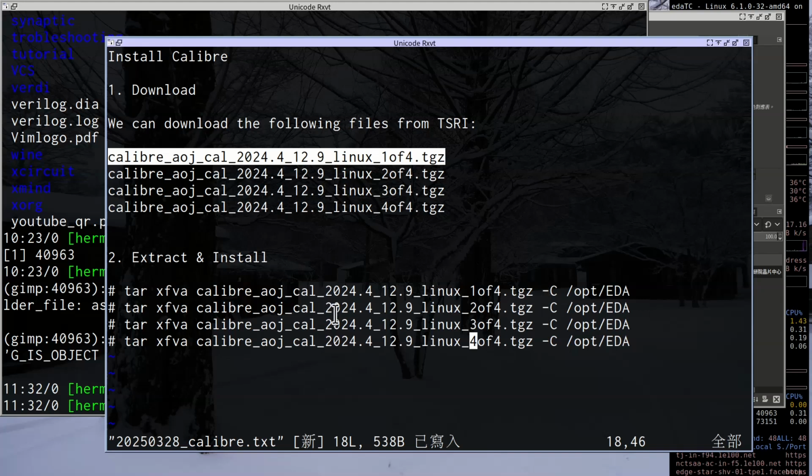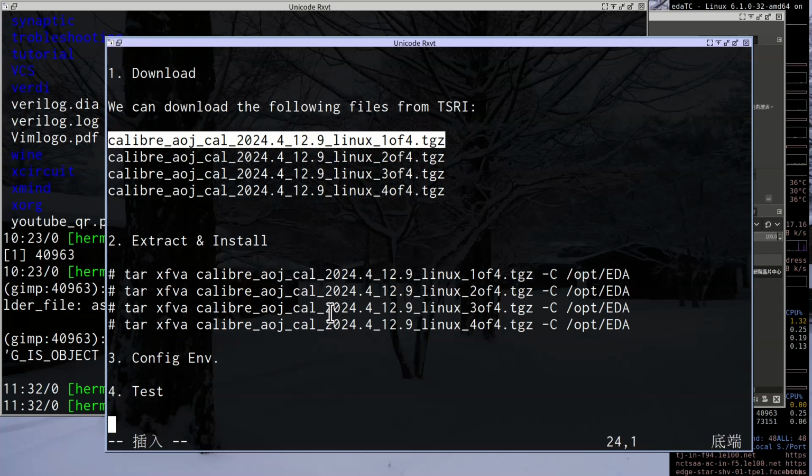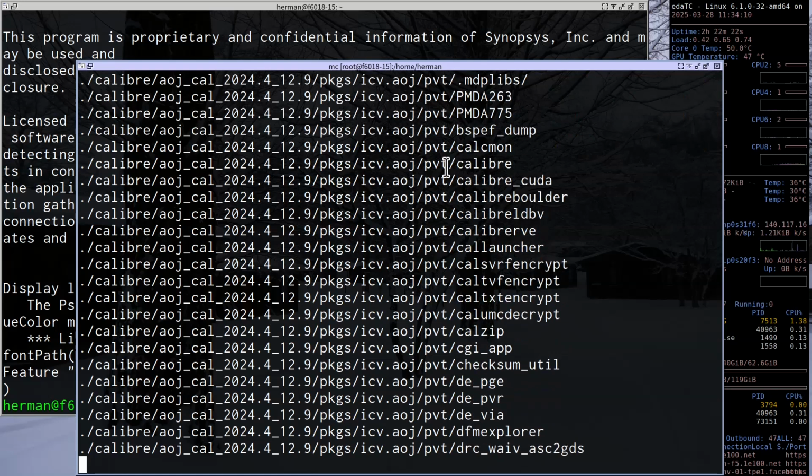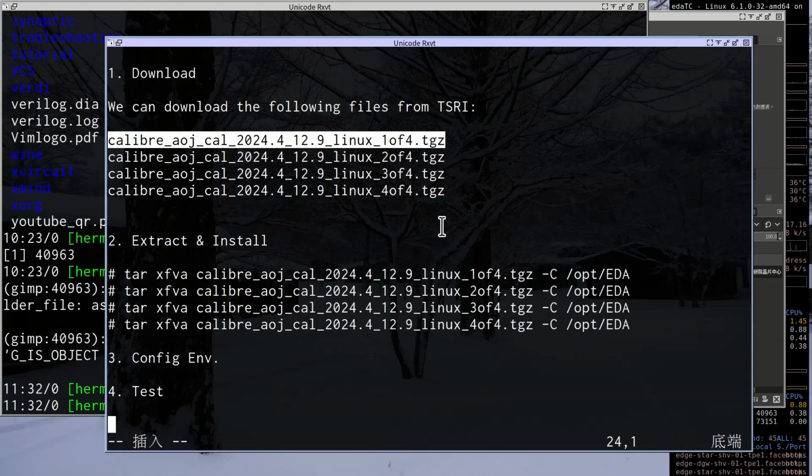Then later, the third step is configure environment, right? And for the tester, you can see my installation process has an SOP. If you follow my SOP, installing an EDA server will be very, very easy. Because it will take us a lot of time, I will leave the control to you.